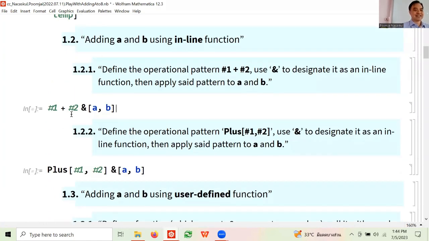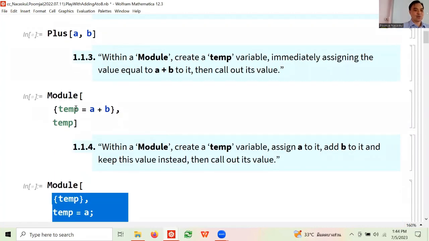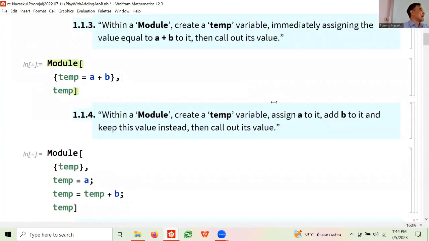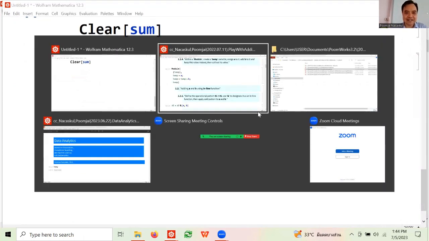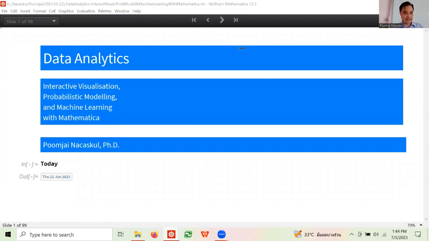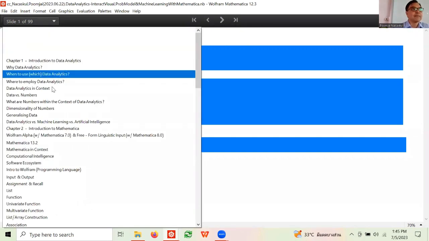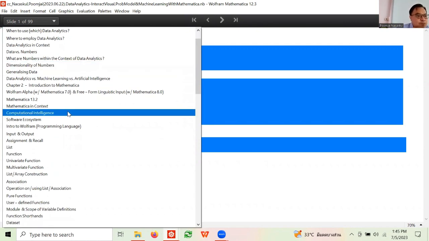For example, this is another way of overkill. This is another way of overkill. All of these constructs I will teach you, and they'll be useful. But right now let's stick with the program. So I'm going to go to this page. It's kind of linear because a textbook is organized like a PowerPoint, so it's pages.